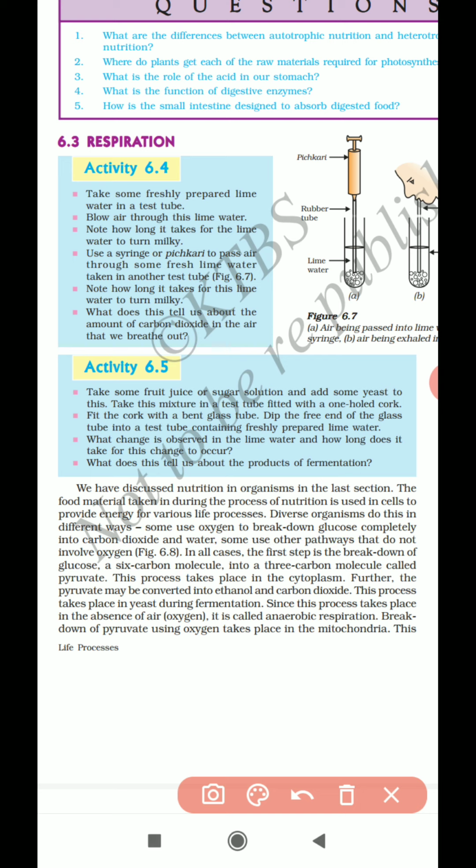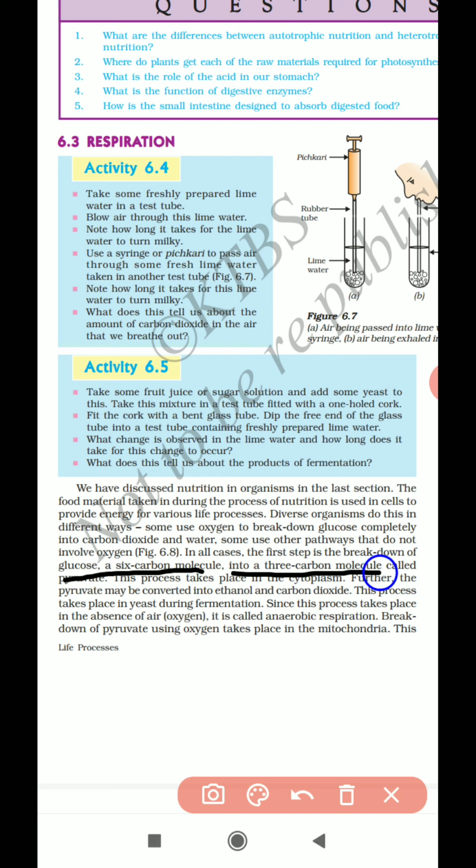But there are some organisms, okay, for example yeast. Yeast is a unicellular organism that does not require oxygen to break down the glucose into simpler products to obtain energy. But in the case of humans, glucose will be converted into simpler products and energy is released only when oxygen is supplied, isn't it? So, in this case, glucose, which contains a 6 carbon molecule, will be converted into